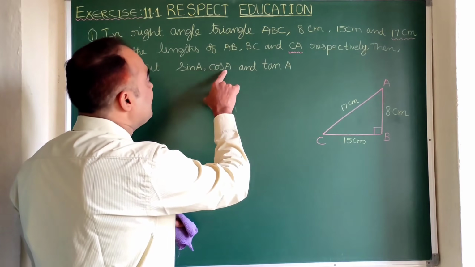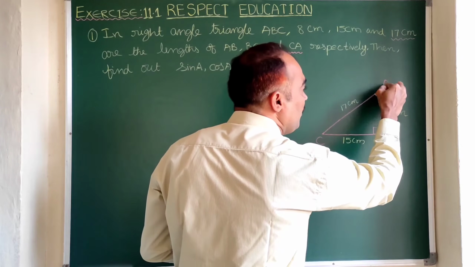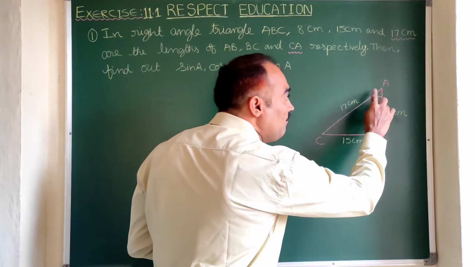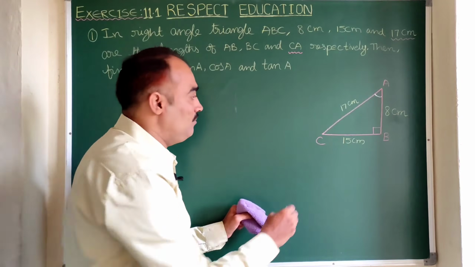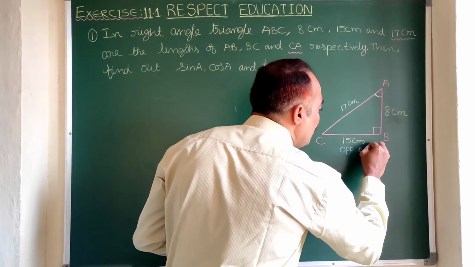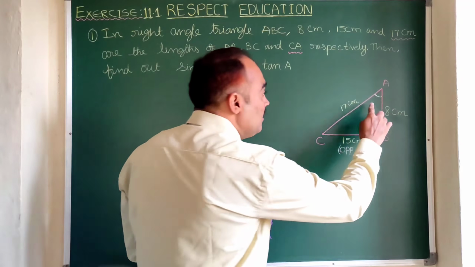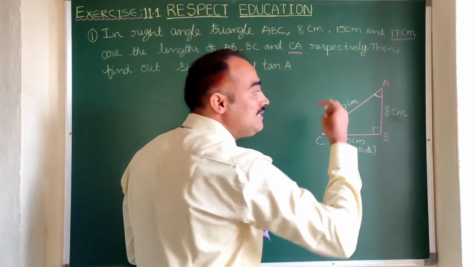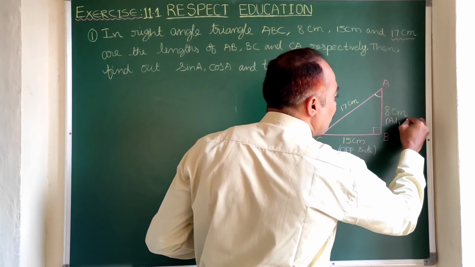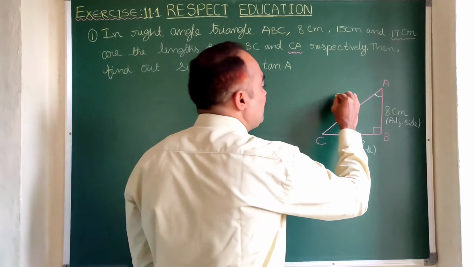As you see here, the theta is A. That means you just imagine that you are at A. Where are you? At A. If you are at A, what is the opposite side? BC. So here I am writing clearly, this is the opposite side to theta. Here theta means A. You are standing here, what is the adjacent side? AB. So here I am writing adjacent side. And this is called hypotenuse.